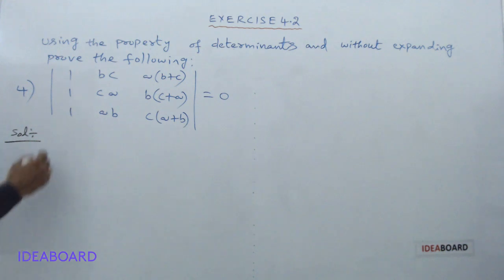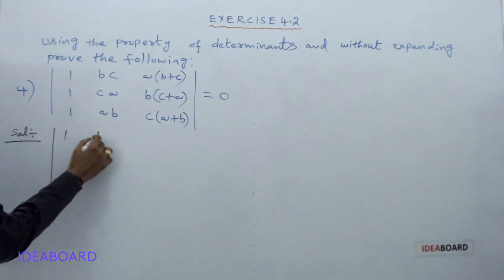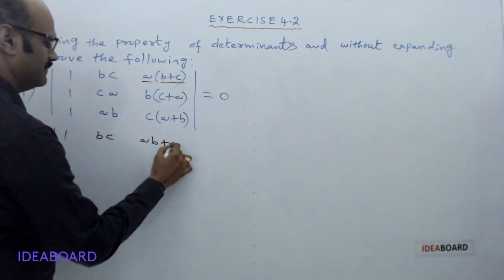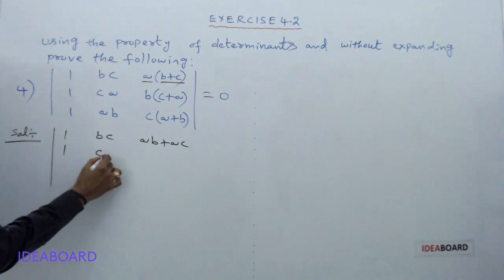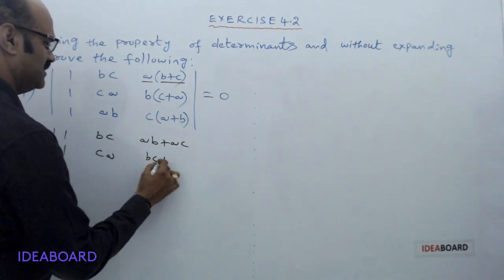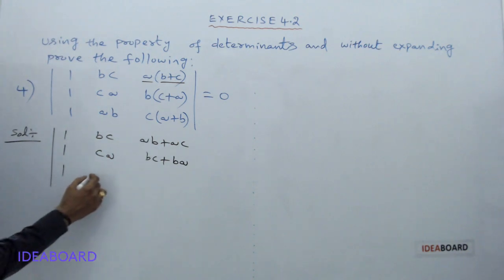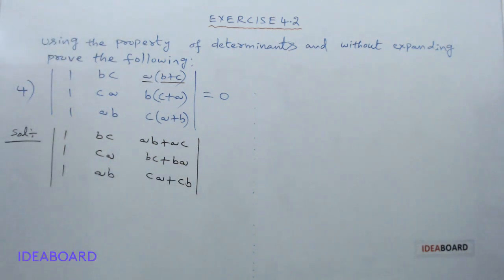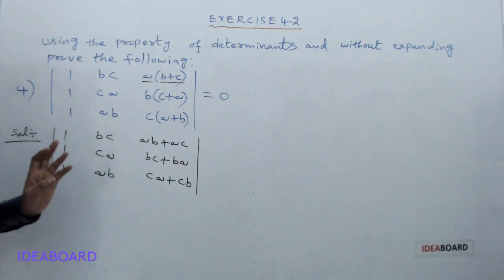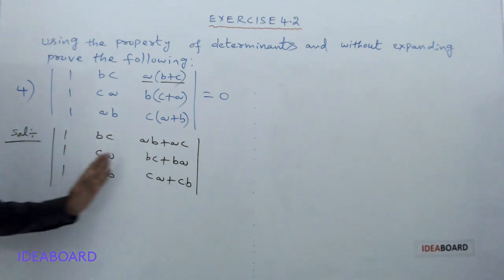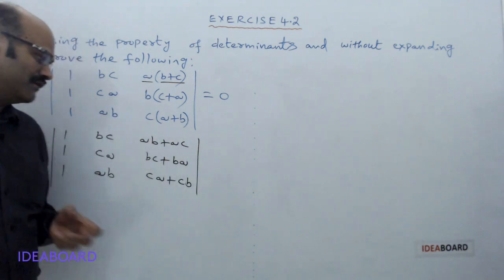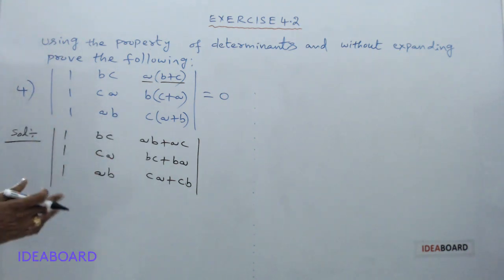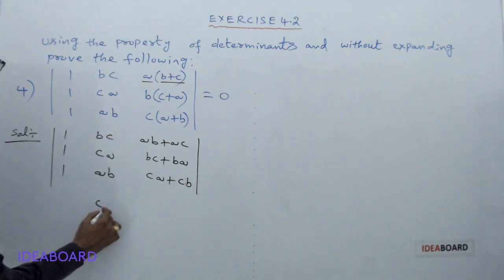Now first let me take the given determinant, 1, BC, multiply with A here: AB plus AC. Now 1, CA: BC plus BA. 1, AB: CA plus CB. Now we have to prove that the value of this is equal to 0. For that we should make any two rows or two columns identical. So for that, take